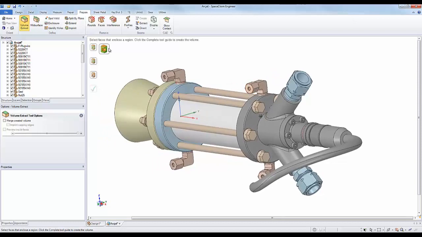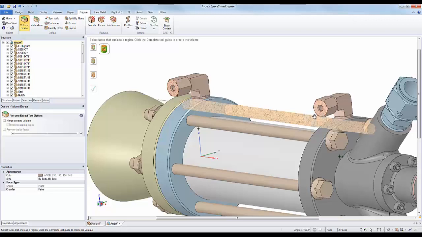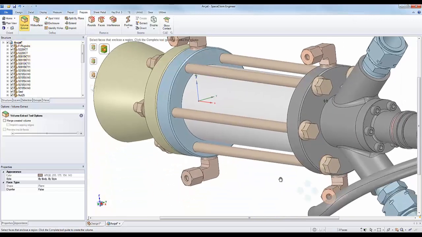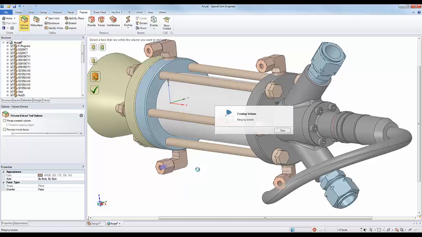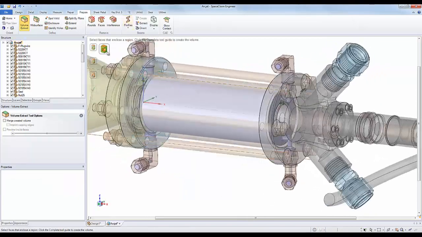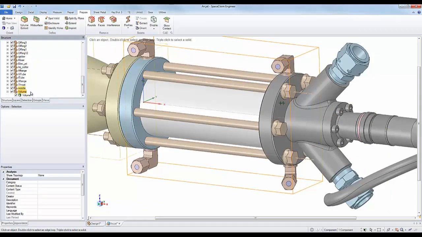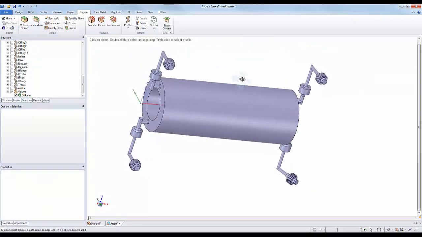So the way the tool works is it allows me to think intuitively, specify the boundaries where I want to cap off these volumes. I know that there is one set of chambers between these four inlets, so I can use those as a method of specification in order to tell SpaceClaim where to create this volume. So I just use these faces as boundaries, and here we can now see this volume extract, and I could go ahead and hide everything else in the model here, and now we can see this solid created from that